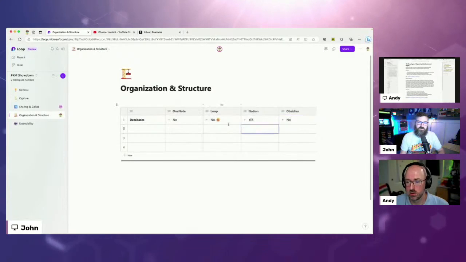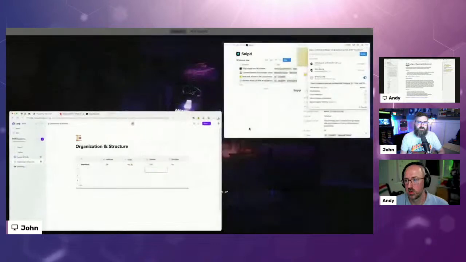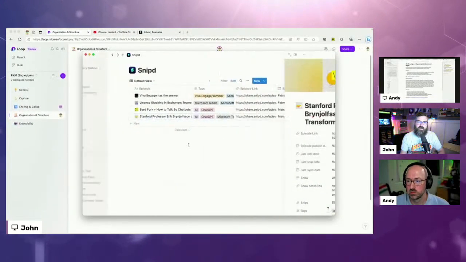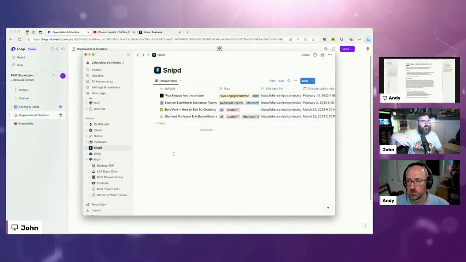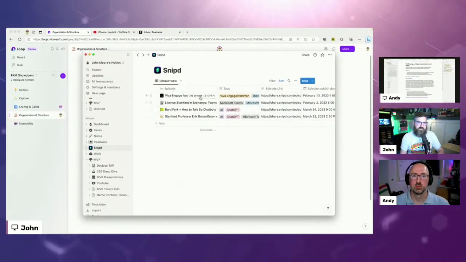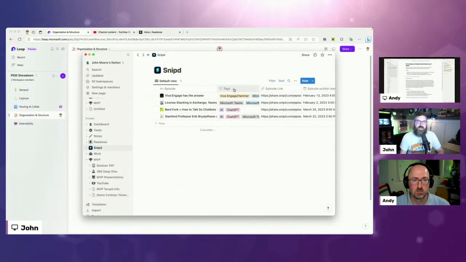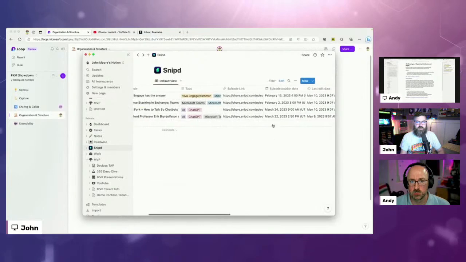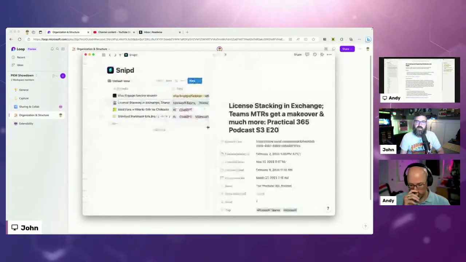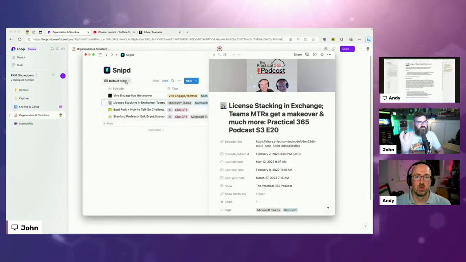Okay, so this is kind of the real one of the differentiators of Notion, right? So with Notion, see how I've got these articles or these podcasts that I've listened to. This is not a folder or a list of notes. What it is is a proper database with metadata, attributes, things like that. So it's got tagging, and that's a field in the database. It's got a link, which is a link type of field in the database. It expects a certain format. This is a date formatted one. So when I open these up, they're associated with each other because they're in the same database.